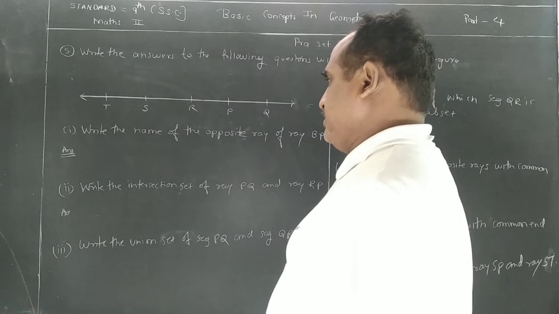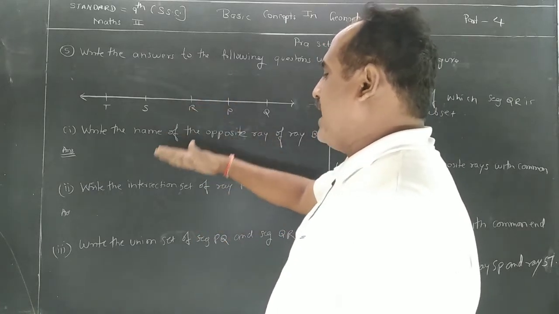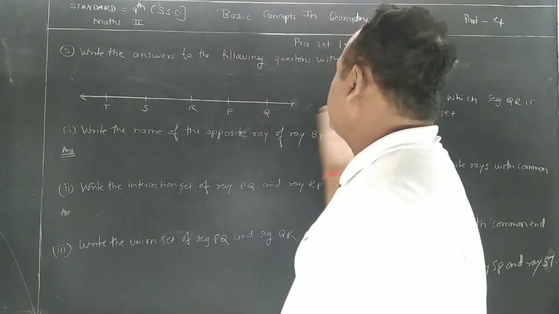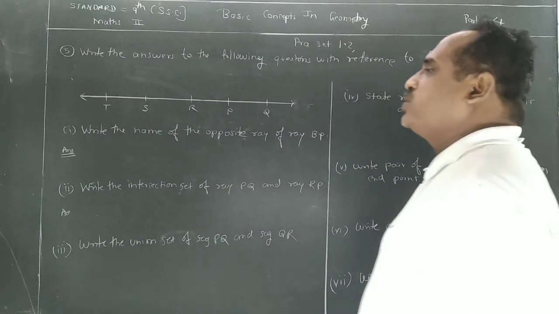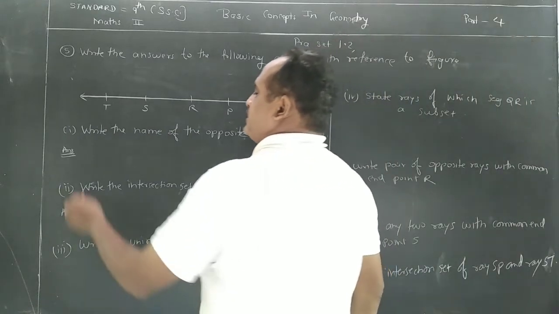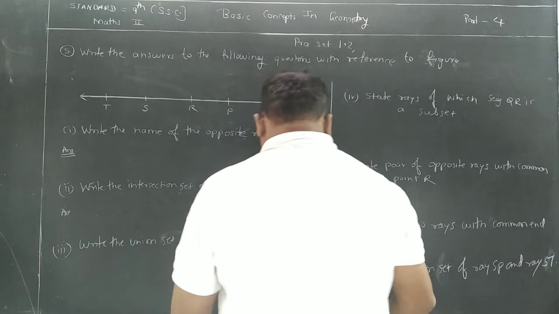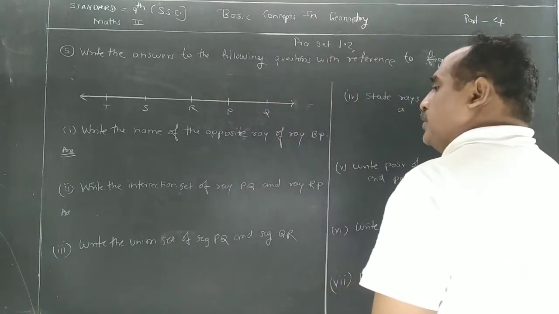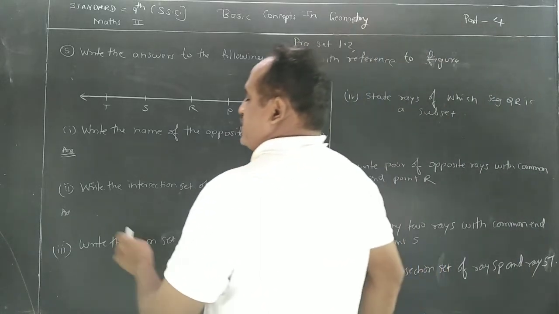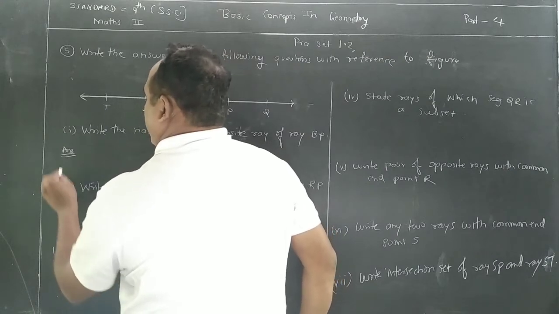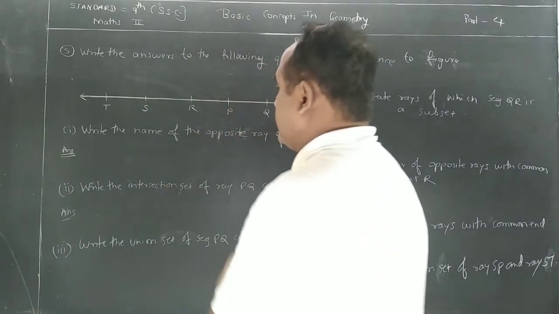See the first question. Is it right? If you are writing the answer in this way, it will be better for this type of question. Or if you are not writing the question, then at least you write the answer. This means what I have written. So the first question we are going to write in the form of answer, right?